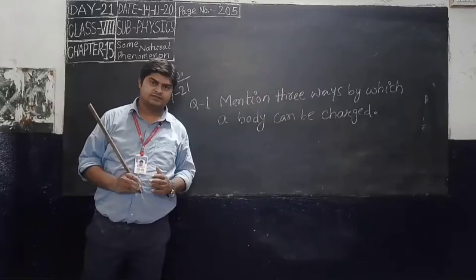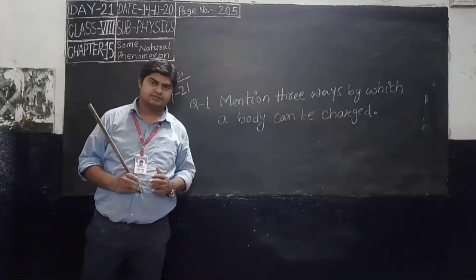See in the figure, this is the glass rod and this is the silk cloth, and this shows the direction of rubbing, left side, right side. When you rub the silk cloth on the glass rod, the glass rod becomes positively charged, whereas the silk cloth becomes negatively charged. This minus is electrons and this is protons. So the glass rod is positive, whereas the silk cloth is negative. This is example A. Now let us see example B.